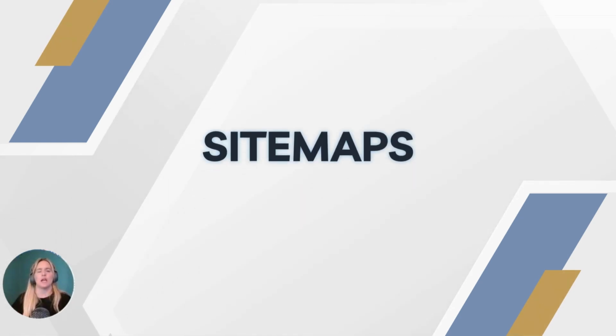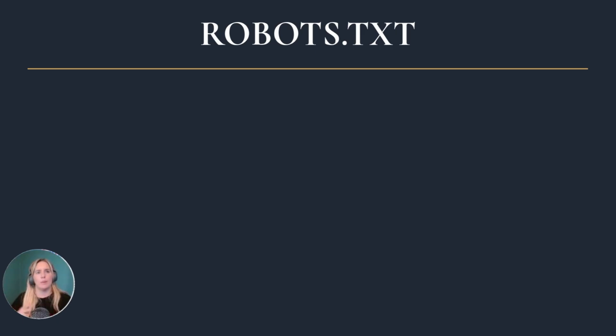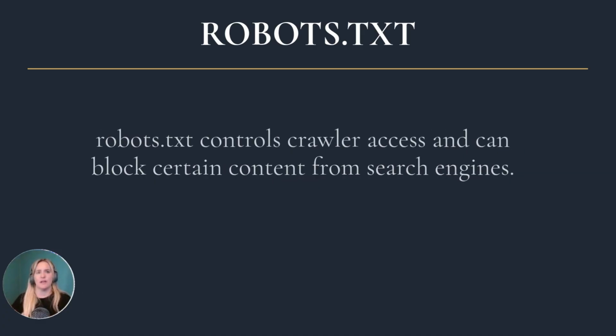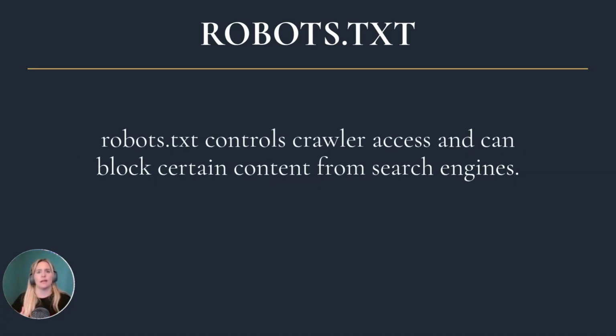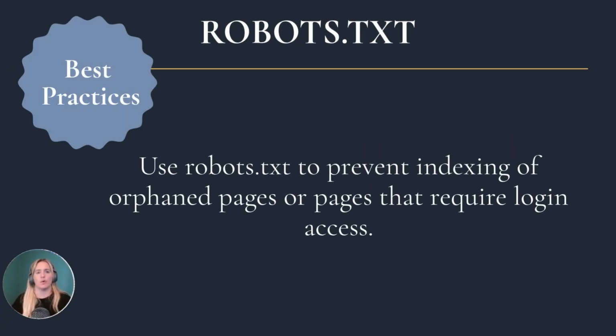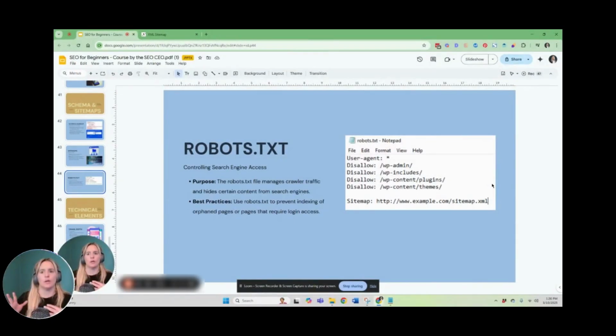Welcome back, and today we're talking about robots.txt. Robots.txt is all about controlling search engine access. The purpose of it is to manage crawler traffic and hide certain content from those search engines. The best practice for robots.txt is to prevent indexing of orphan pages or pages that require login access, but also,